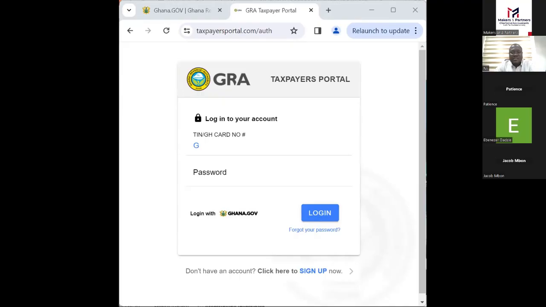We are in the year 2024. So as an individual, you are required to file your 2023 income tax latest by 30th of April 2024. So this is the law that is required by each and every individual to file its taxes.